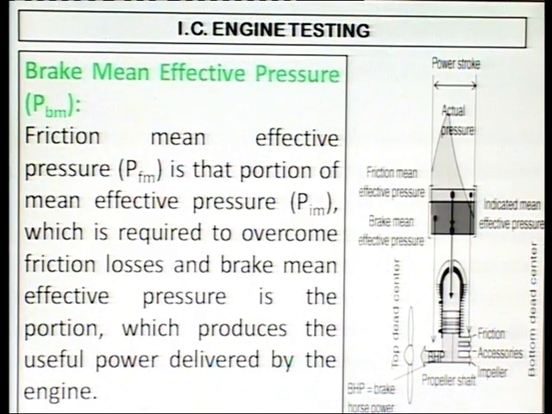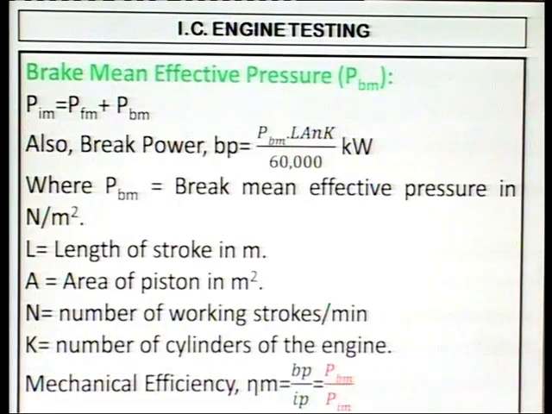Friction mean effective pressure is the portion of mean effective pressure which is required to overcome friction losses, and brake mean effective pressure is the portion which produces the useful power delivered by the engine. PIM is equal to PFM plus PBM. Also, brake power PB is equal to